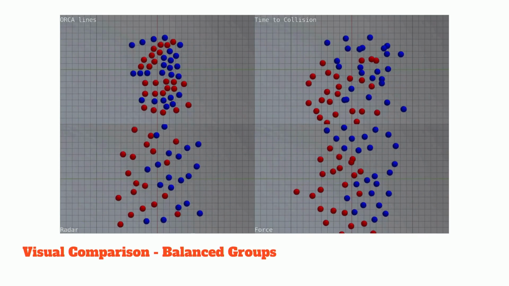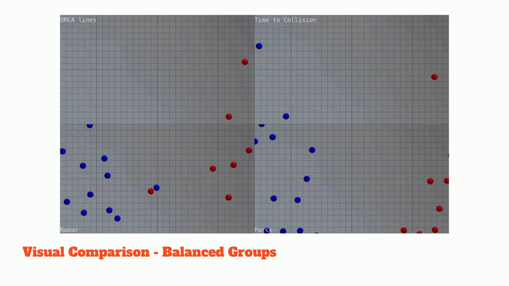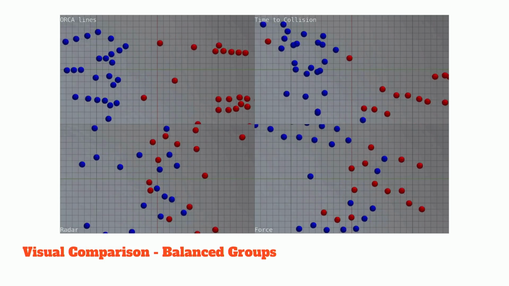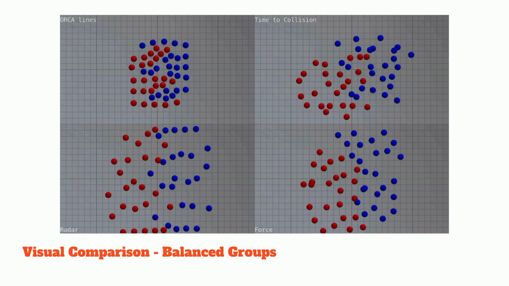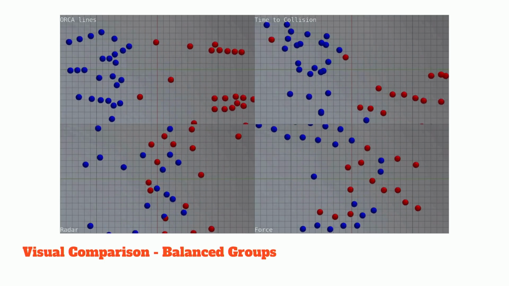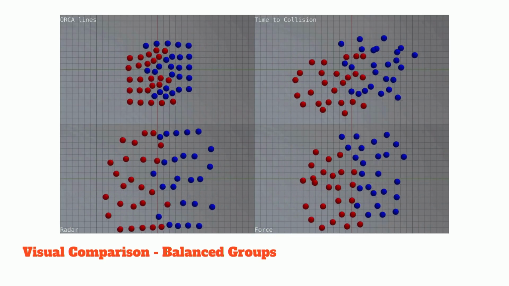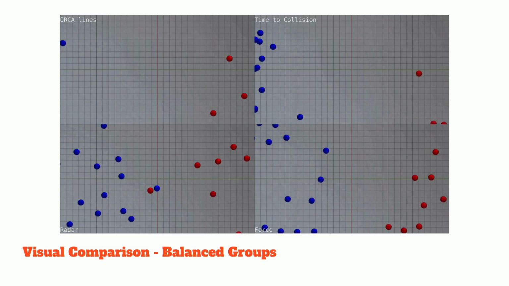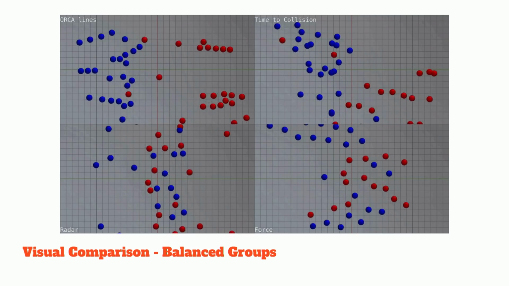I think the RVO2 has more the natural kind of behavior, where you see the force-based algorithm and the radar algorithms, they will spread. They walk out, they scatter, and then they try to walk around each other, and sometimes they circle around each other. So the RVO2 would probably perform best when in balanced group.